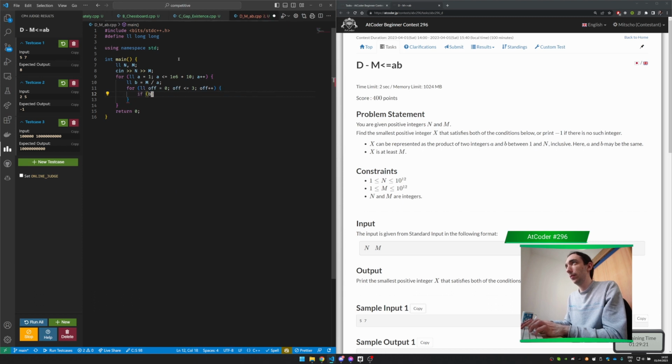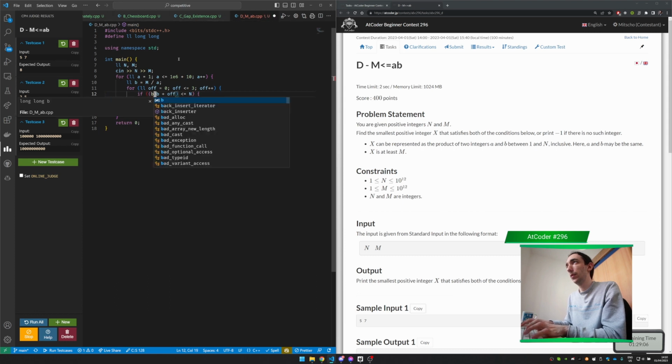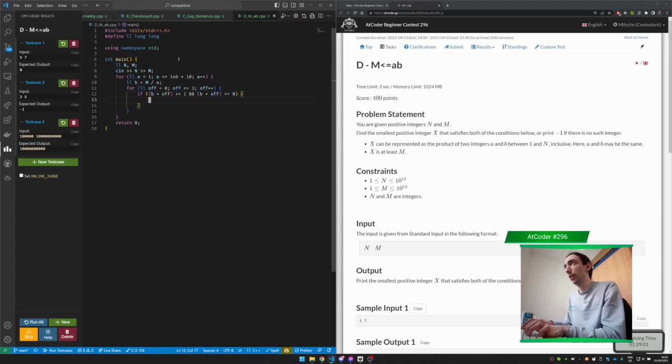If b plus offset is smaller or equal to n, and if b times a is bigger or equal to m, then we of course